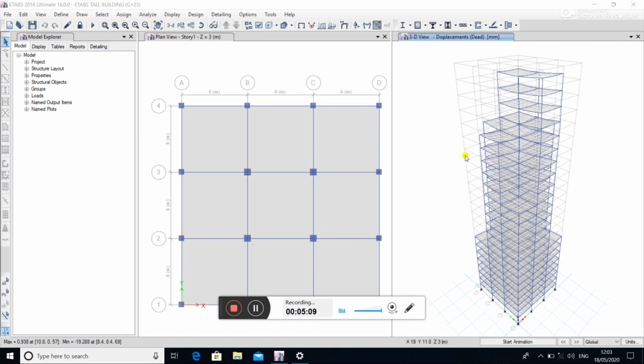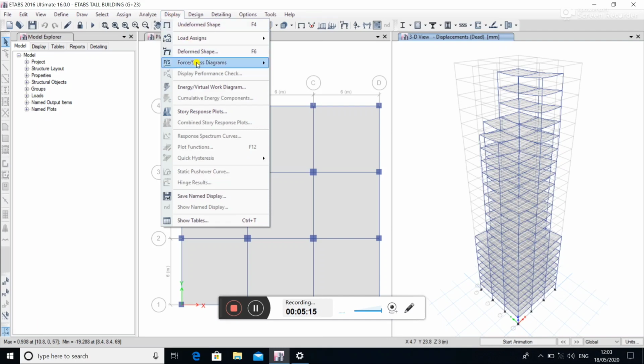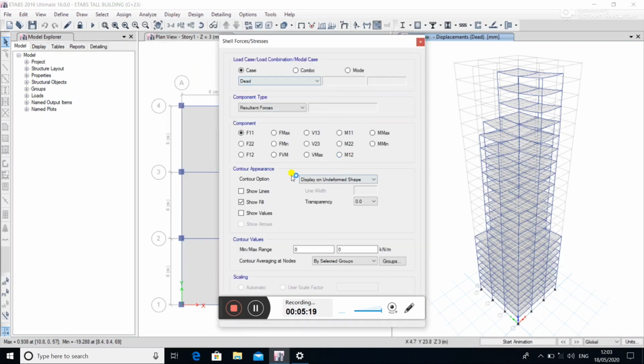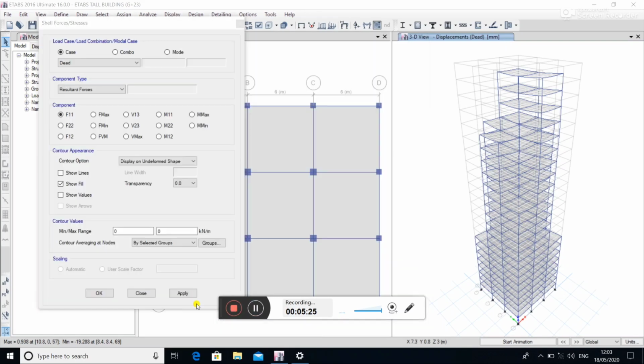To see all the values, click on the Display menu, then Force Diagram, Shell Stress Diagram. These are some values we can find out for the slab.